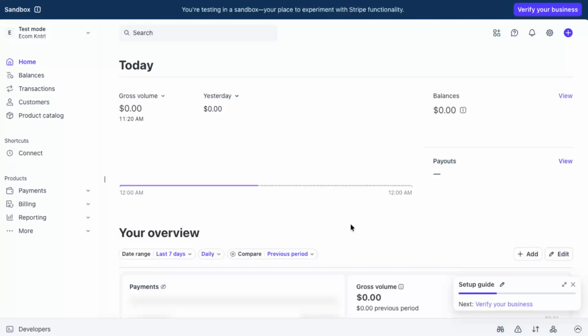Once you're on your main dashboard view, look to the top right corner of the screen. You'll see a small gear icon which represents your settings. Go ahead and click that gear icon. This will open the settings area for your Stripe account, where you can adjust things like business details, payments, and